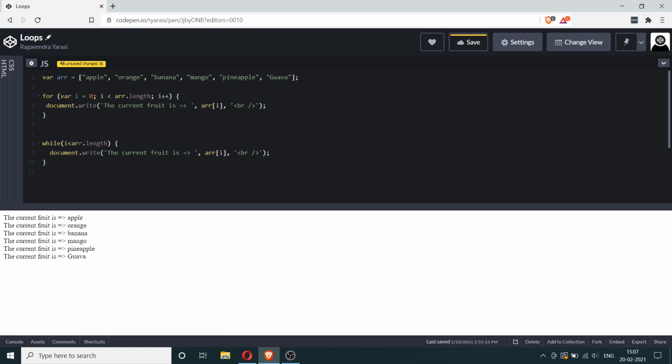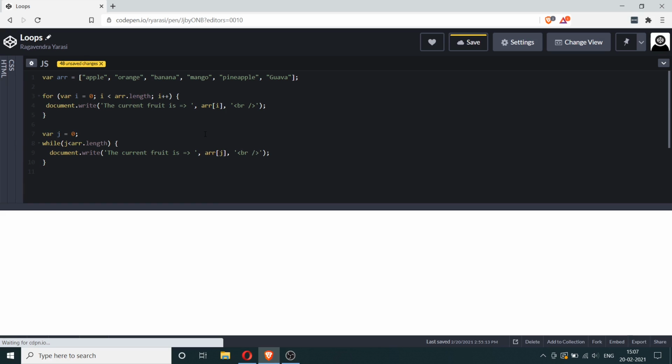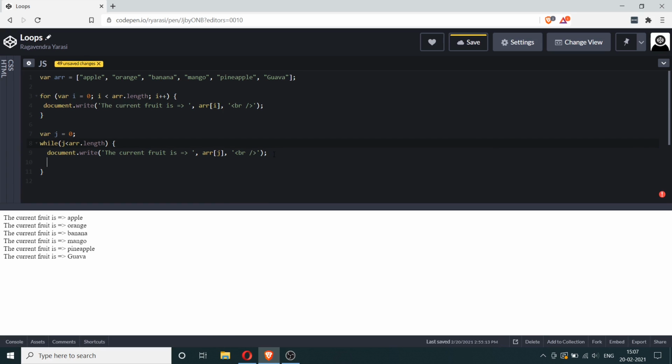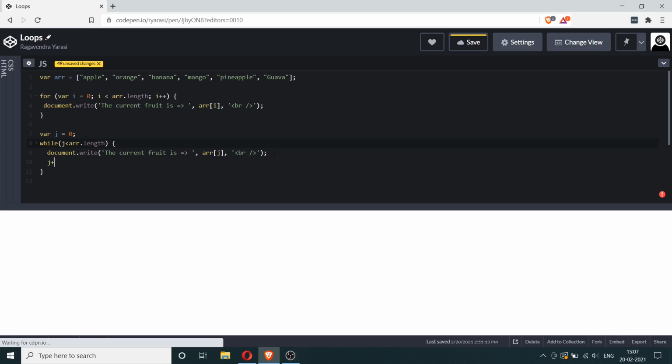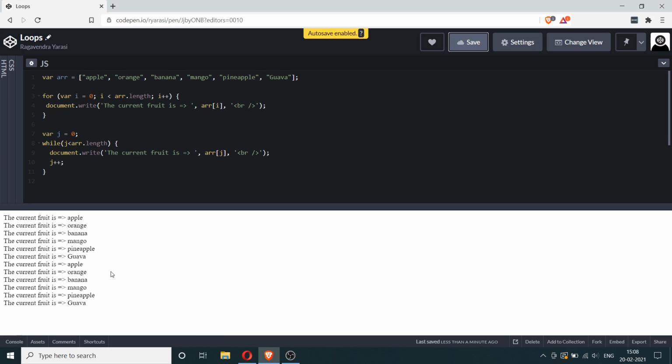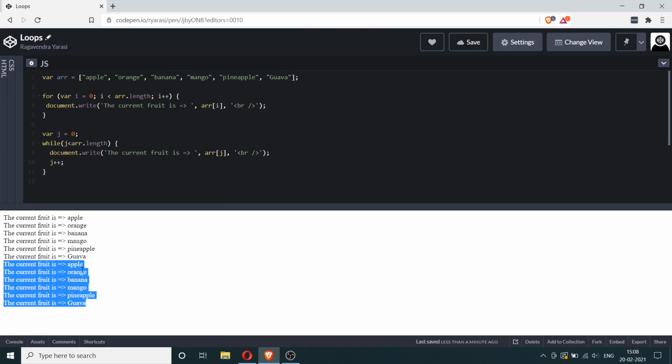And actually, instead of writing i, let's use a different variable name, because we're already using i at the top. And here I'm going to declare var j equals 0 to start with. And here inside, I'm going to increment the value of j with j++. So here you can see that our list is printed exactly the same way for a second time.